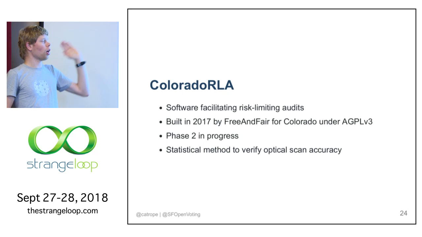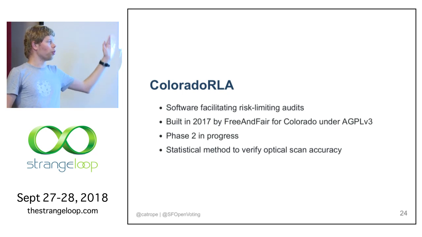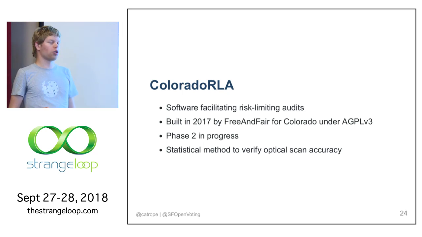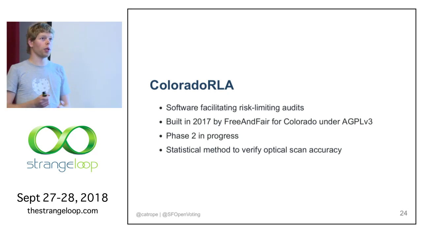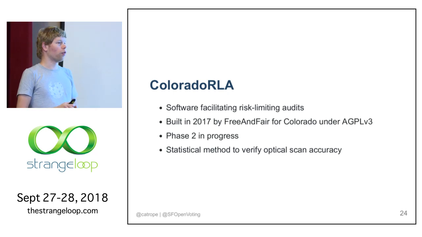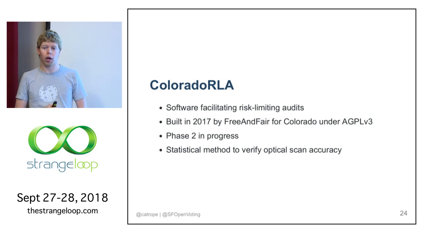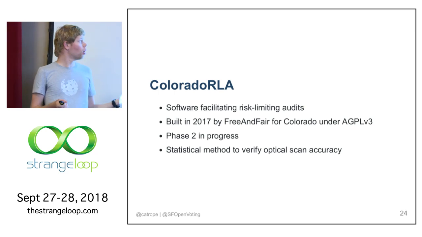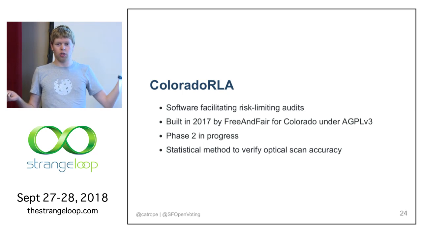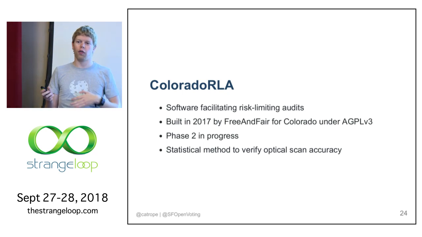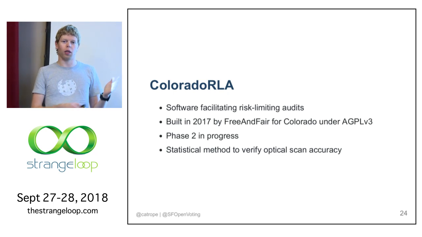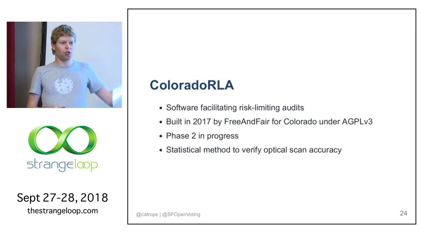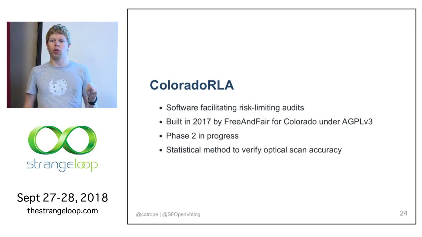A company called Free and Fair, which builds open source election software, was commissioned by Colorado to develop this last year. It's released under AGPL. The first phase has been used in an election in Colorado already, and the second phase is in the works. This is a statistical method that you can use to verify whether your scanners are counting things correctly. And arguably, this is the most important step, right? It doesn't really matter what you do to obtain the result as long as you can prove that the